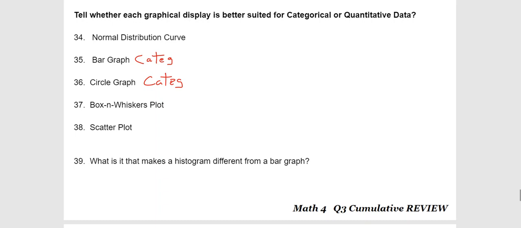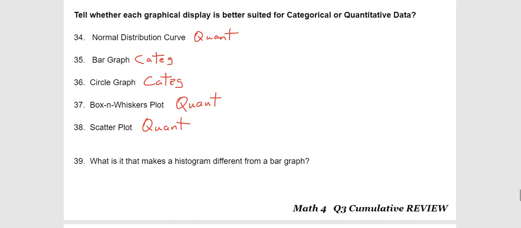So the rest of these are ones that are better off with quantitative data, numbers that you can have, decimals and fractions if you have to. But like I say, these guys are better. Well, I guess with circle graph, no, it's really hard to have a quantitative thing with a circle graph, because how do you distinguish pieces of the circle except for the categories? So yeah, you can't do quantitative with circles.